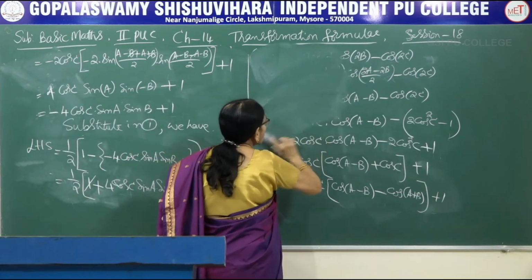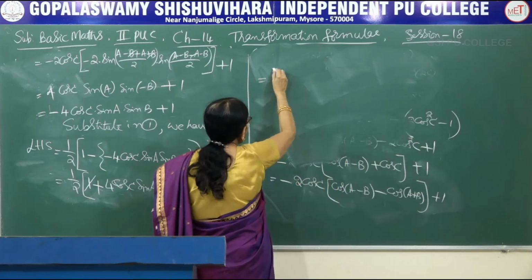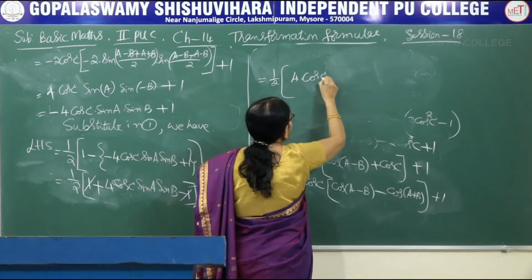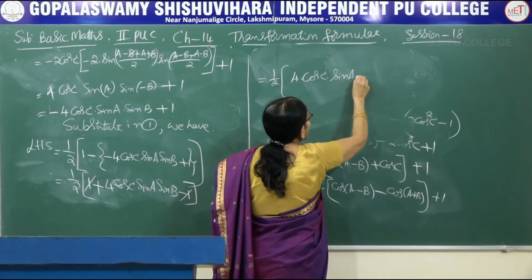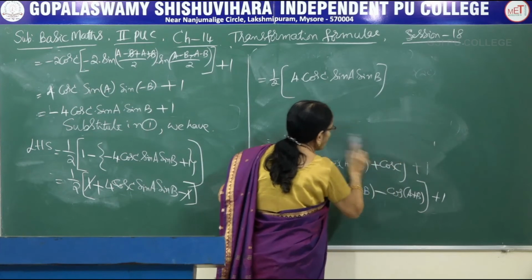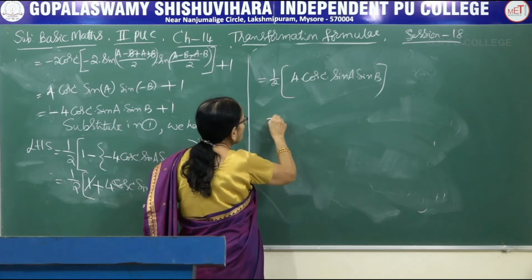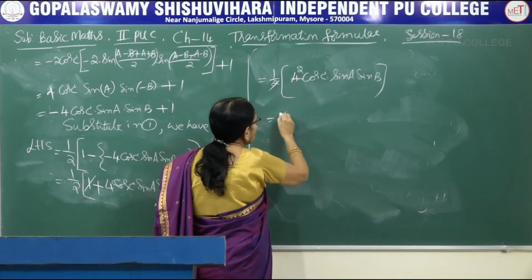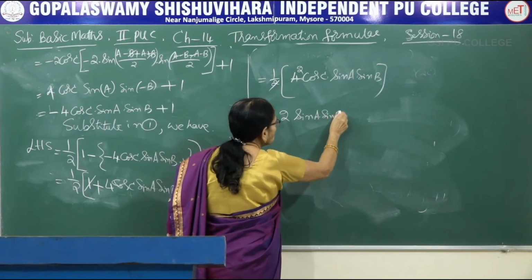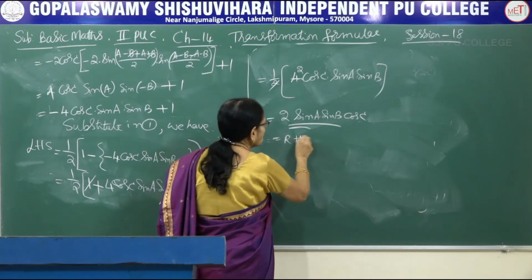So what is remaining now? That constant also has been cancelled. Therefore we have half of 4 times cos C into sin A into sin B, because the constant has been eliminated, since plus 1 and minus 1 get cancelled. Therefore, when you divide this, 2 1s are 2, 2 2s are 4, and writing in proper order, it is 2 sin A into sin B into cos of C. Hence, this is the right hand side.